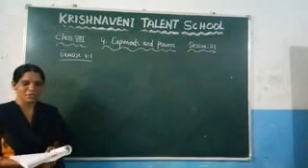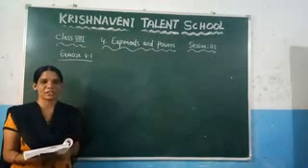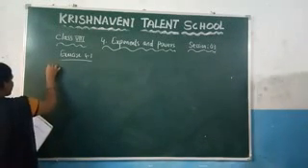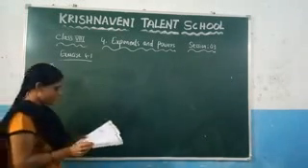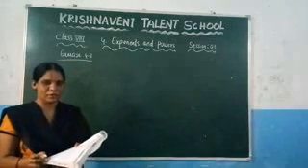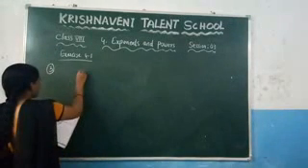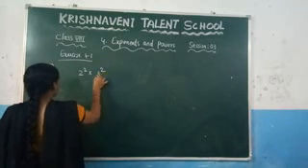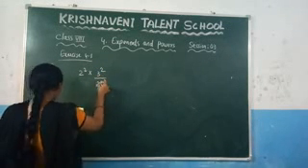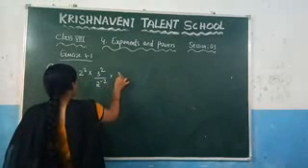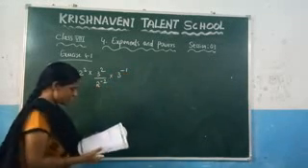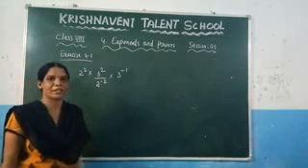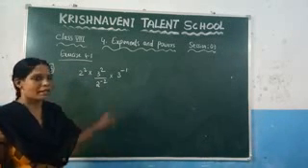Now let us see the next question in exercise 4.1, which is the third question. Here, what is the third question given here? Simplify. Here they have given two questions. See the first question. Simplify 2 square into 3 square by 2 power minus 2 into 3 power minus 1. This is the question they have given. You need to simplify this value. That means you need to calculate what is the value of this expression.